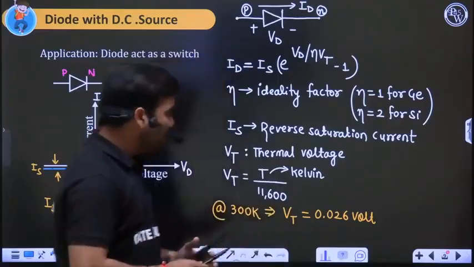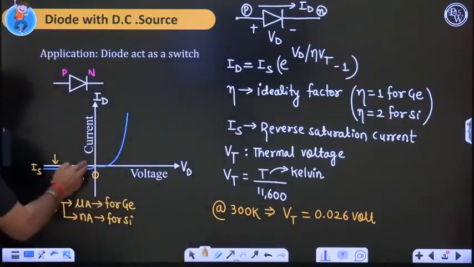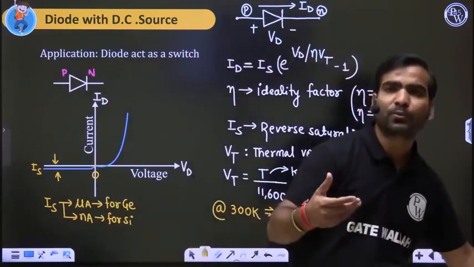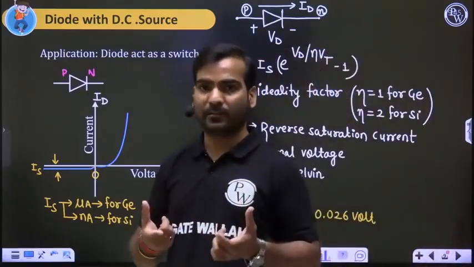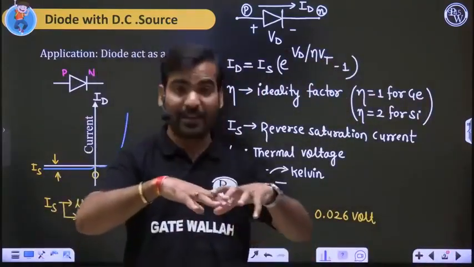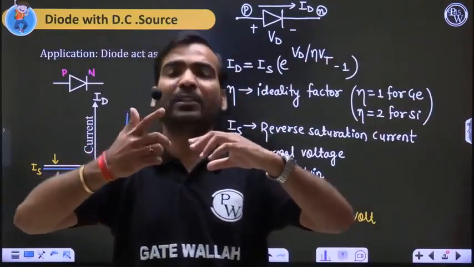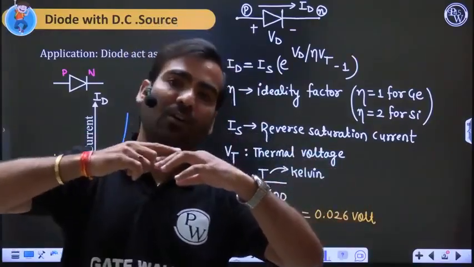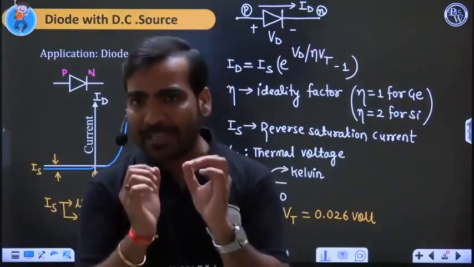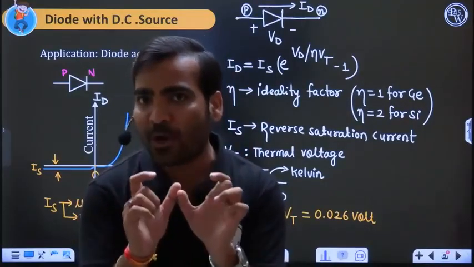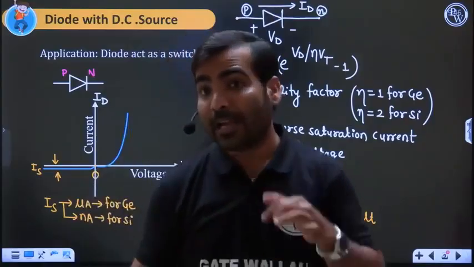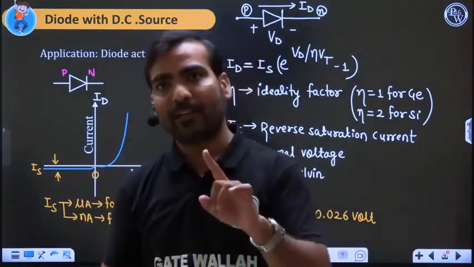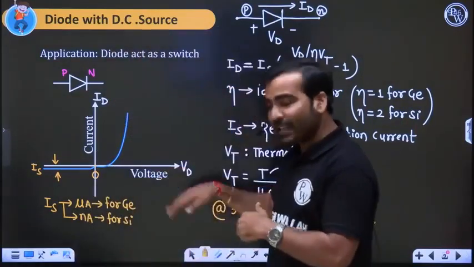That is clear. Now the problem is with the forward bias. In the reverse bias, we can make the diode an open circuit. We are having some switch behavior. What is the meaning of a switch? Suppose switch is on, light is on. Switch is off, light is off. The meaning is that a switch is something that allows current in one direction and blocks current in the other direction. This diode is telling the same thing.